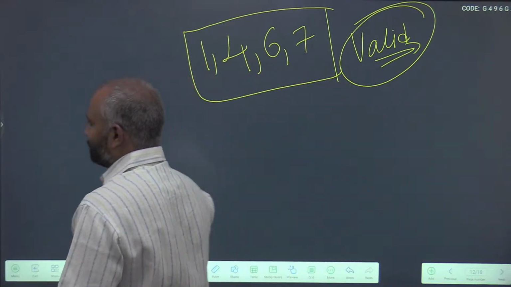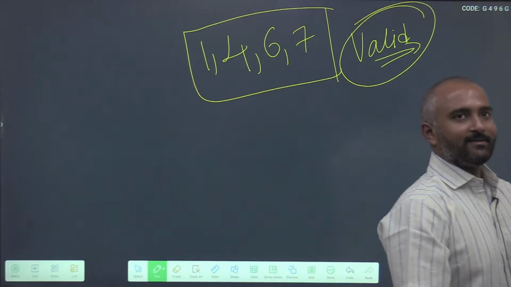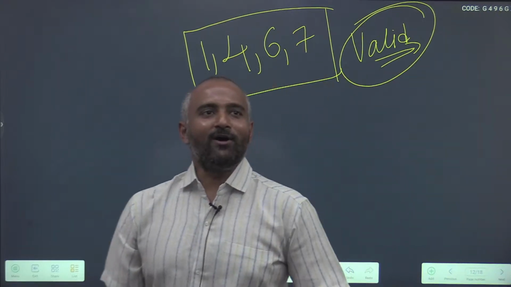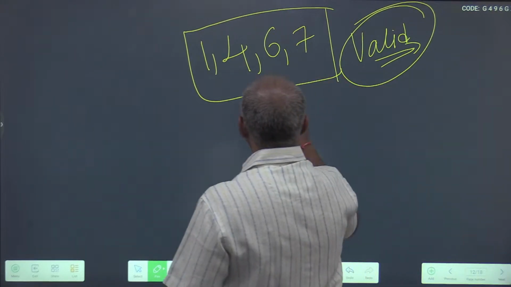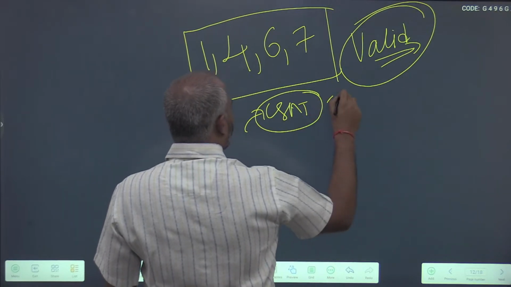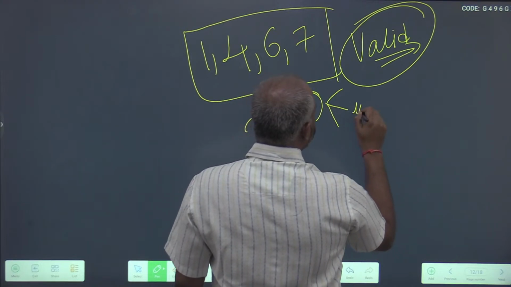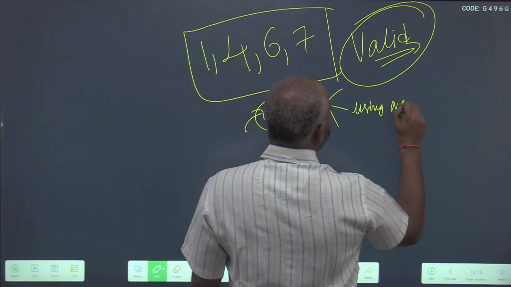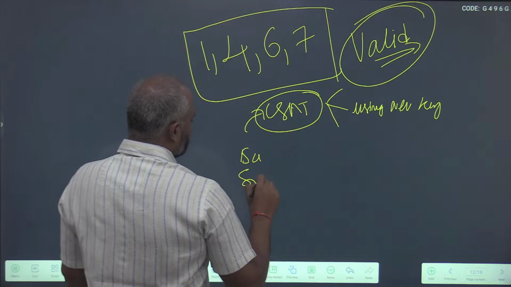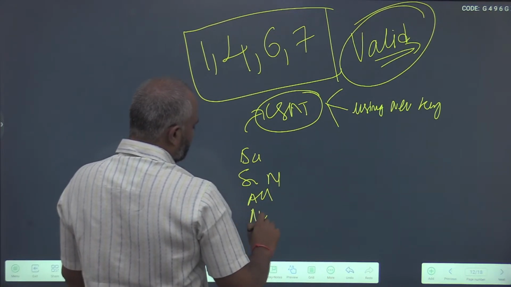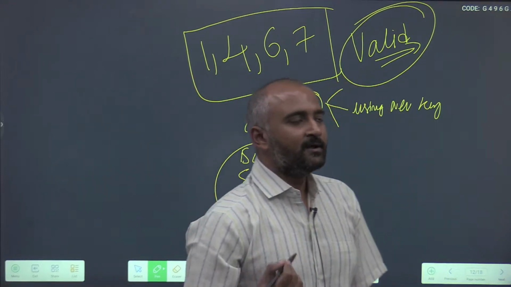So it is 1, 4, 6 and 7. See, this is all that is needed to solve syllogisms, to the level CSAT asks. There are many more complications. For example, you can introduce complications by using new statements or new keywords. We have used only 4 keywords: some, not, all, none. So there are certain variations from these keywords which can complicate it.